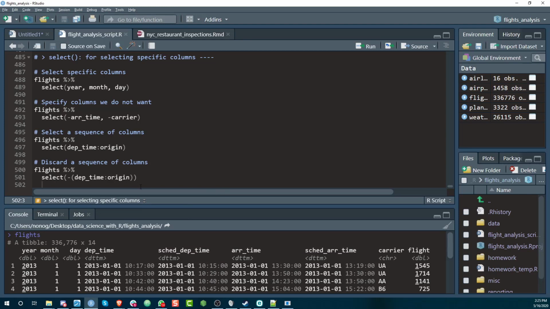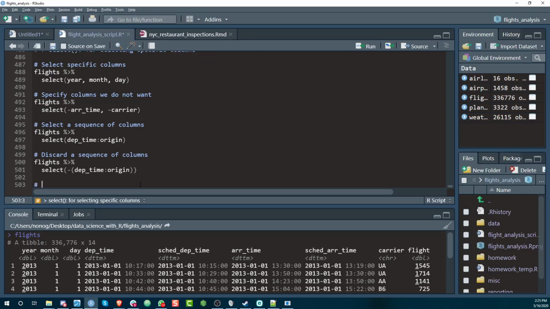Now, let's assume that for some reason, and I actually did this when I was preparing this data set for you, you are only interested in column names that contain the word time, and everything else that does not contain the word time is discarded. So, select columns that contain a specific